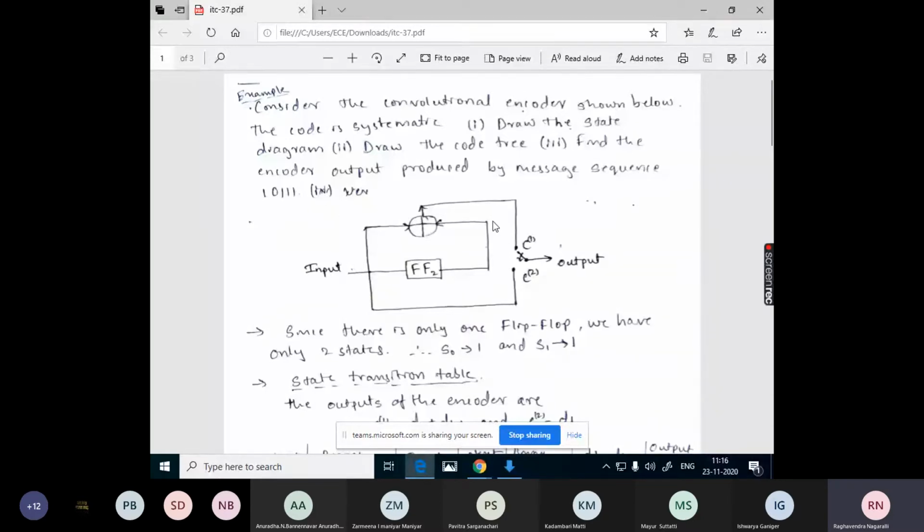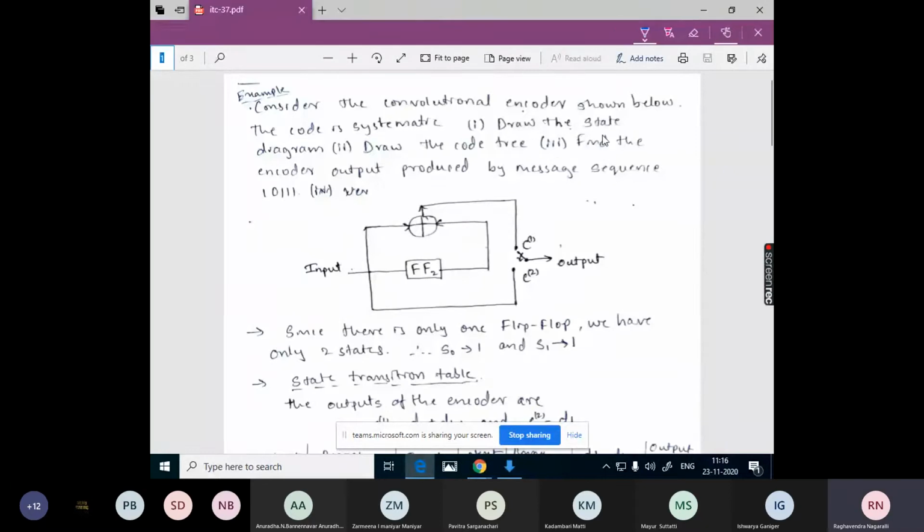This is actually for the encoder part. First we will generate the encoder output, that is the code words, and later we will see how to decode the given message using the code tree.